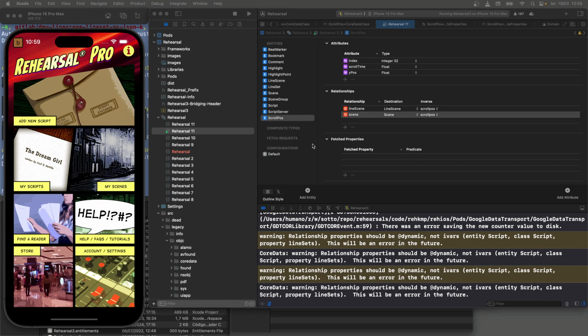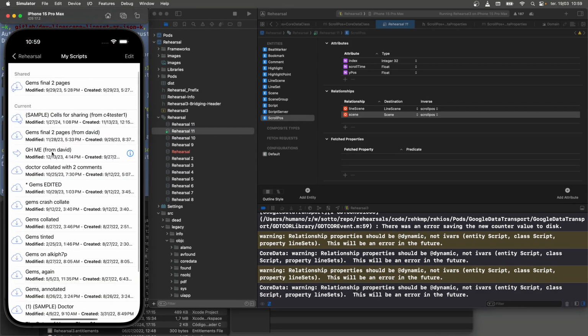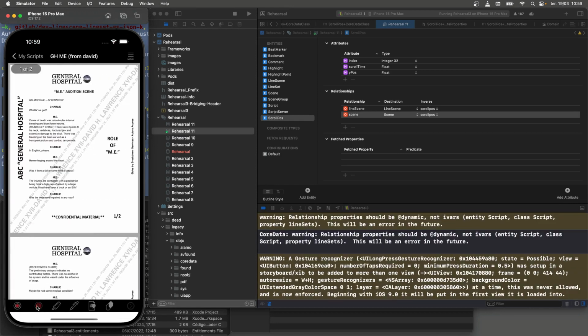We're going to make it just an in-memory allocated object that gets initialized from the line scene. And I'll go over that in a second. But for now, let's just not worry about scroll pauses for now, since it's kind of a bonus feature. Let's just deal with,